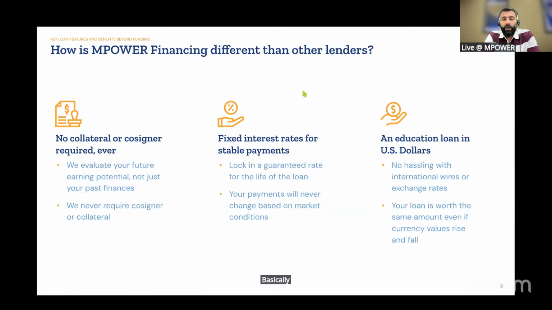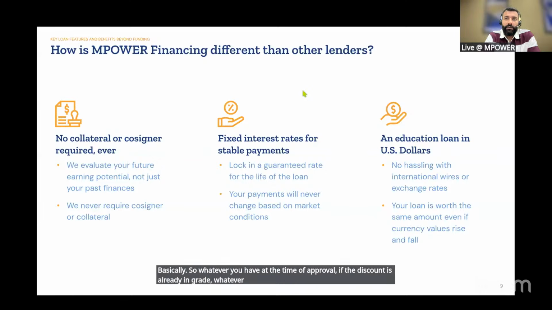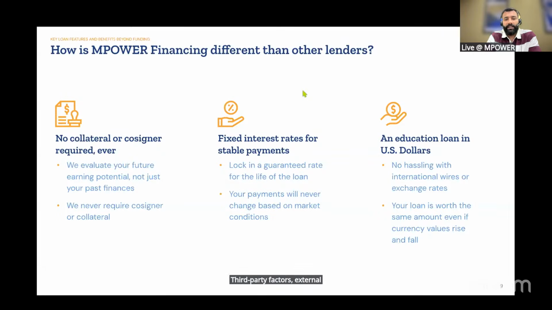Whatever loan rate you have at the time of approval, if the discount is already in, great, that is what the loan rate would be through the entire duration. It will not change irrespective of third party factors, external conditions, and things like that.